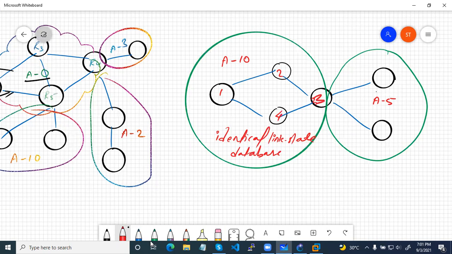5 with routers 3, 4, sorry, 3, 5 and 6. Okay, that means the router that contains area 10 on one side and area 5 on another side is called an ABR router, Area Border Router. So this router will hold the database of area 10 as well as area 5,